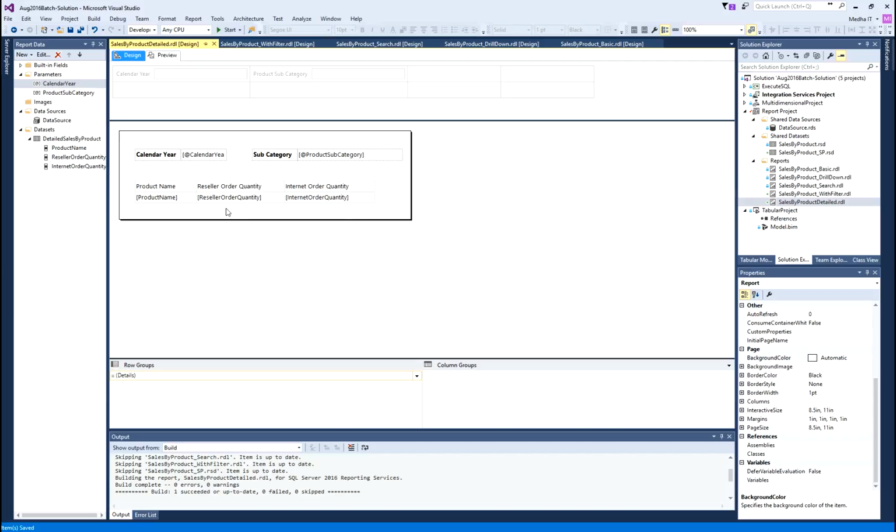the detailed report here. So, save it. Now, my detailed report is complete. I am taking two parameters as inputs from outside, and using those two parameters as input to this particular stored procedure and showing the resulting data set in the report. Now, I need to tie this report to the aggregated report, which is my